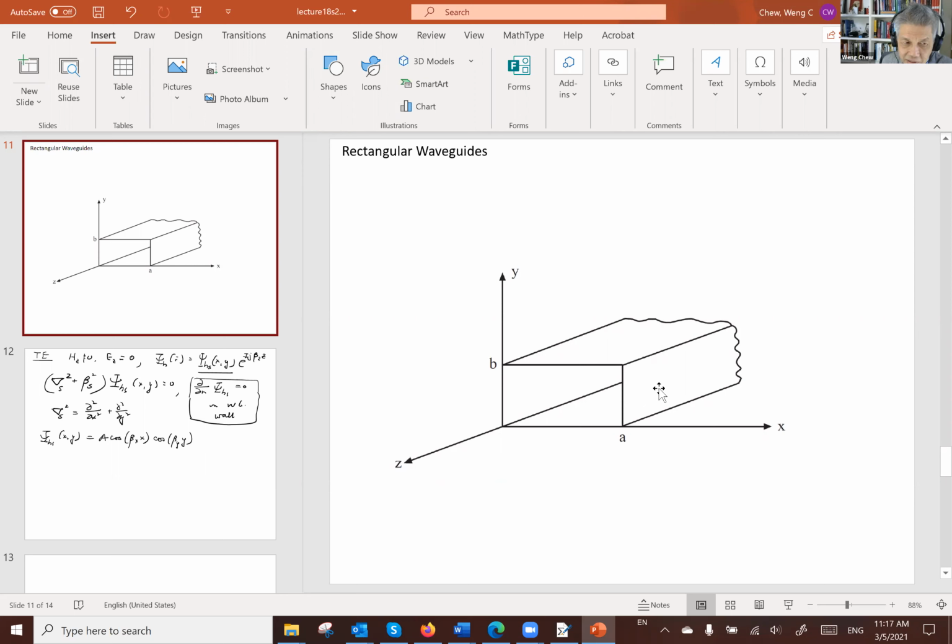Yeah, I want to ask you, you have to impose this Neumann boundary condition on the waveguide wall. So the normal derivative from this wall and that wall would be differentiating in the normal direction, and that would be differentiating with respect to x. And then you have to impose the fact that the normal derivatives have to be equal to 0 on the top and the bottom wall, and for those two walls you have to differentiate with respect to y. Okay, you differentiate with respect to x, this becomes a sine. You differentiate with respect to y, this becomes a sine. You impose the boundary condition to be 0,